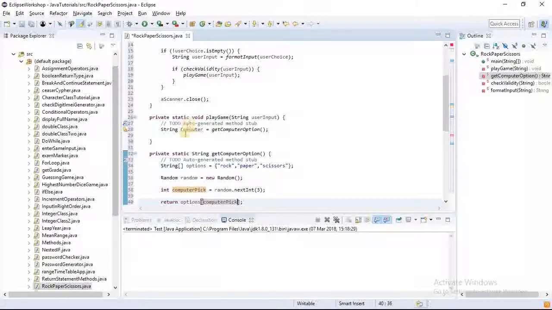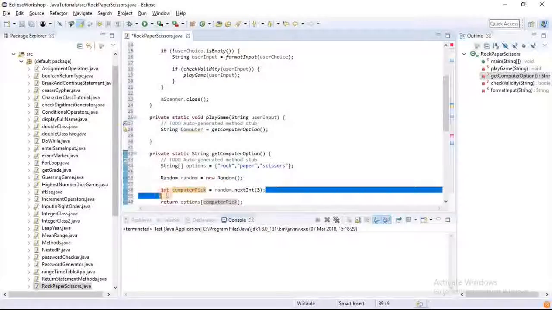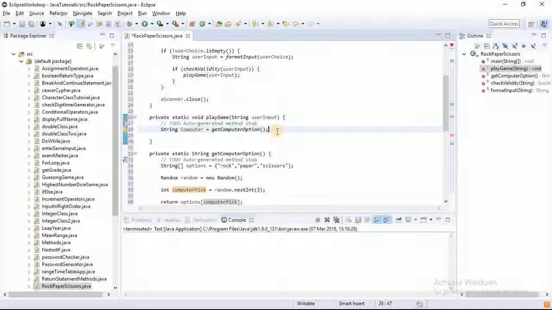Now this gives the computer its own play: rock, paper, scissors. So this is a random object. Then we get a random number from 0 to 2. We then pick a random index in this options string array. So if it is rock, paper or scissors, we pick a random one. On picking that, it returns the value to computer. Once that is returned to computer, the next thing we're going to want to do is